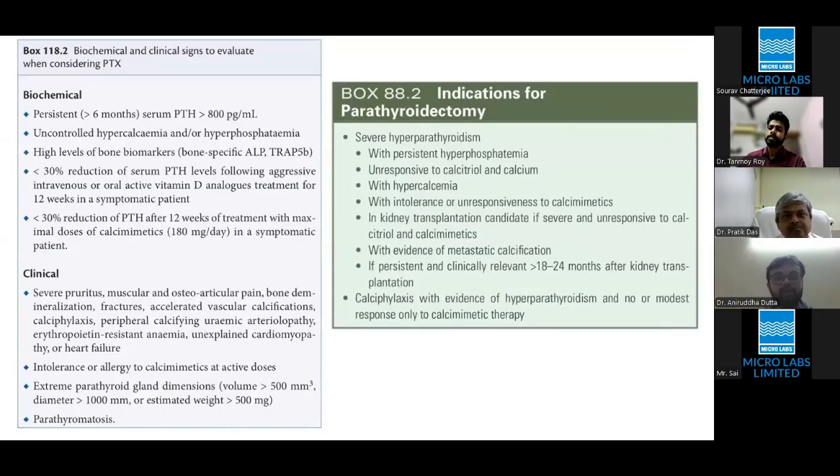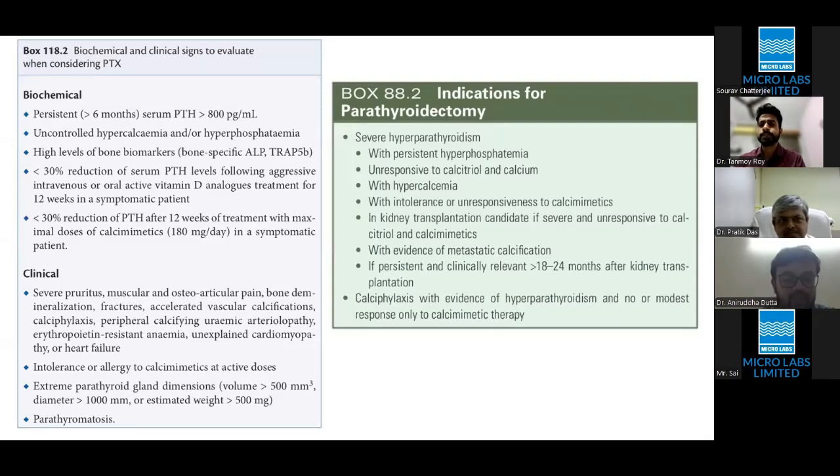Mainly the signs, symptoms and biochemical parameters we consider for parathyroidectomy are a persistently elevated serum parathyroid hormone level which is not responding to therapy with active vitamin D analogs as well as calcimimetics, if there is less than 30% reduction, if there is uncontrolled hypercalcemia and high levels of bone turnover markers, and if clinically the patient has significant complaints like pruritus, pain, and underlying calciphylaxis or calcific uremic arteriopathy,